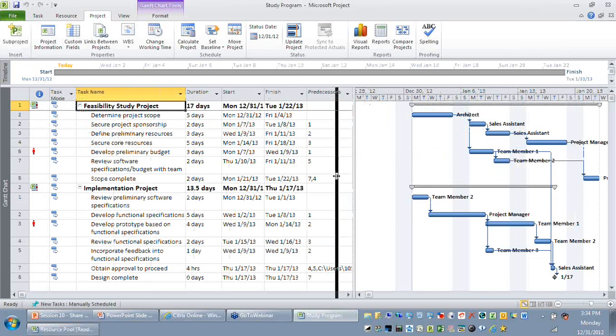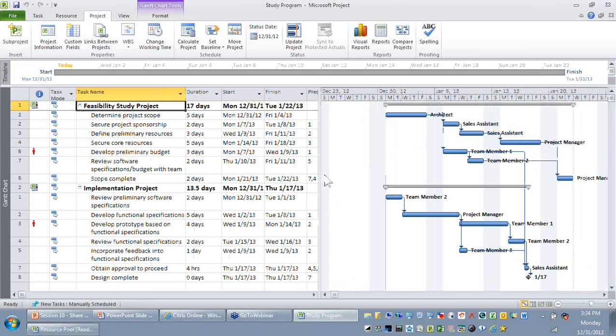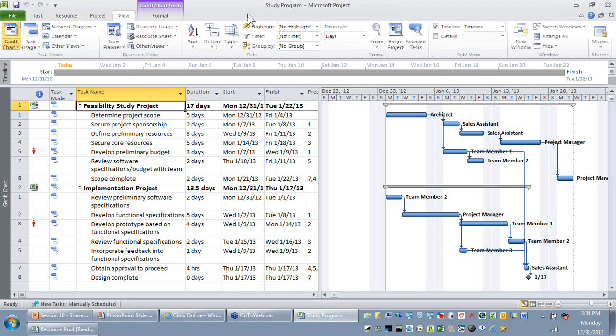The second benefit you have when you're having a program is that programs are naturally interrelated with each other, right? The projects are interconnected. So you might want to look at the critical path of my program or the project individually. If I want to look at the critical path of the project, you can go to the View and the Format and say I want to look at my critical path.